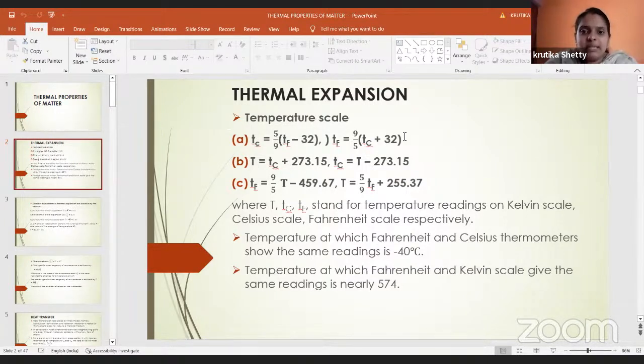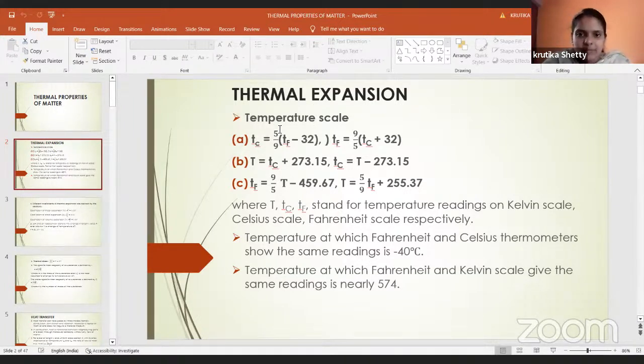So before that, temperature scales. We know that we have the degree Celsius scale, the Fahrenheit scale and the Kelvin scale. These are the three types of scale. Apart from these, there is also the Rankine scale, which we are not discussing in our syllabus. So we have only the Celsius scale, the Kelvin scale and the Fahrenheit scale. Now look at the first formula. This formula gives you the relation between the Celsius and the Fahrenheit scale. You can take this down so that if any question comes, we can use the formula. That is Tc is equal to 5 by 9 into Tf minus 32, or Tf is equal to